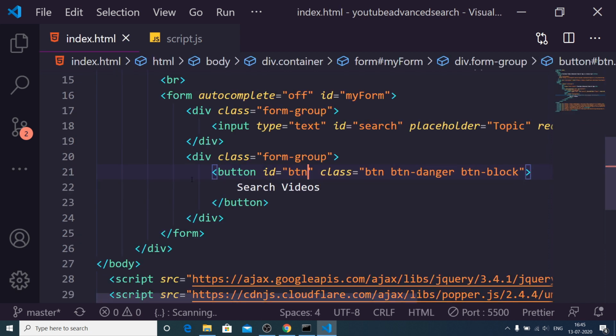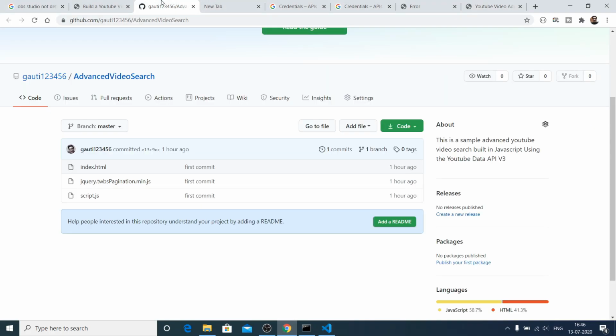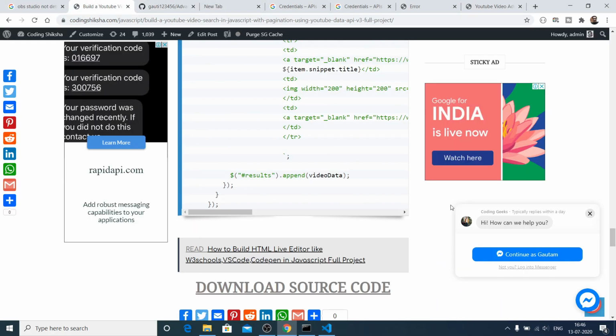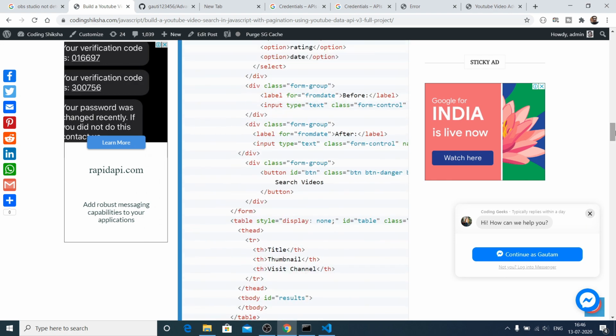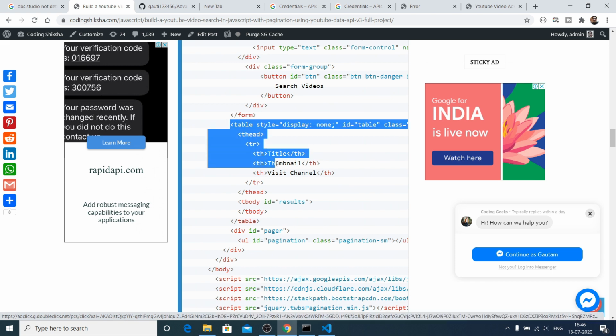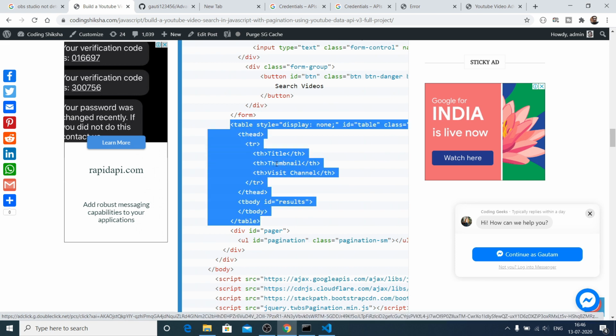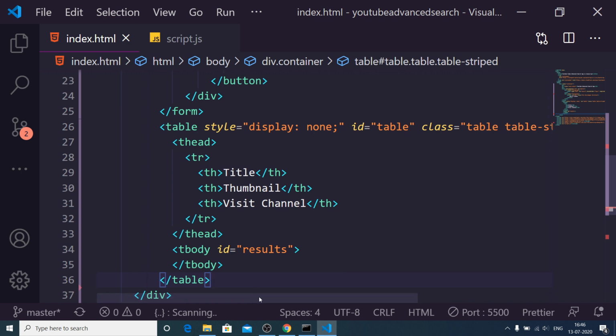For adding details, we will make use of a Bootstrap table. So let me just copy paste some of the code inside my application. So Bootstrap table allows you to display information in a nice table-like structure. So I will copy paste this here, just after the form is ending. So first of all, we are not displaying the table early on once the application loads.